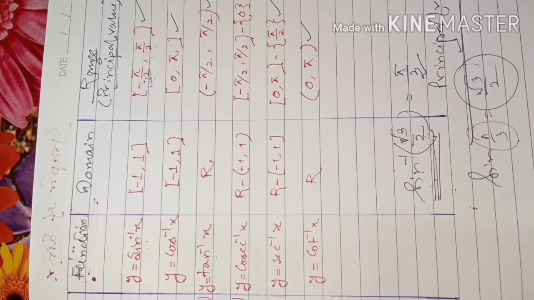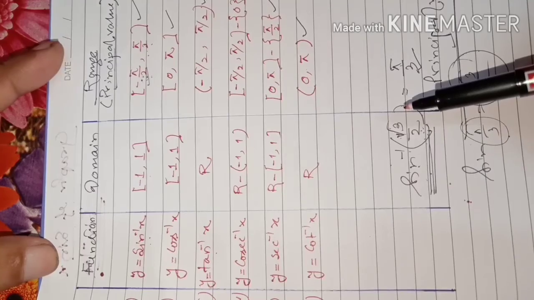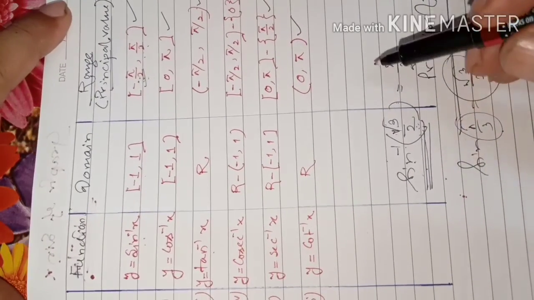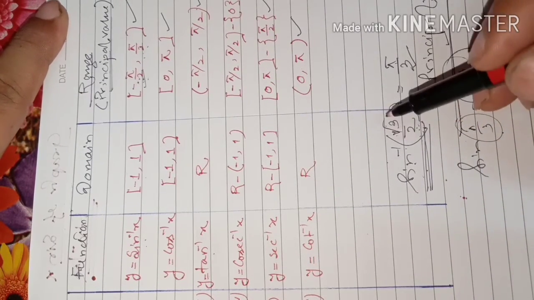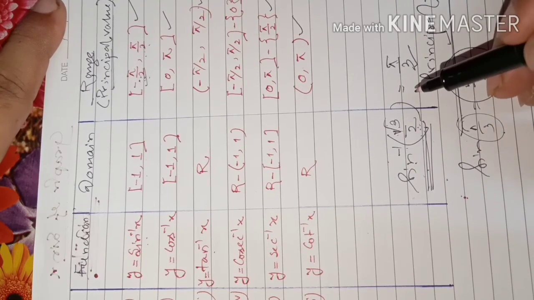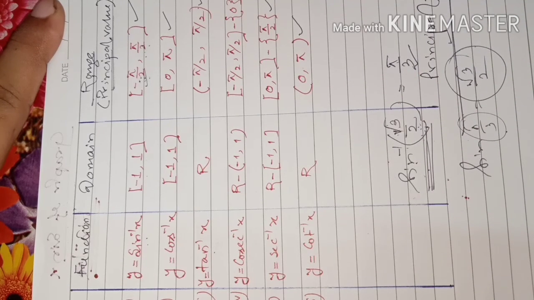Dear students, due to time reasons I am going a little faster, because it is just a revision class for your test. So you practice the graphs by yourself at home. Later on we'll see, if you can't get those graphs by yourself, because it is part of our syllabus. We have to study the graphs of inverse trigonometric functions. Today I have just reminded you for the coming test. Later on, when you get time, go through all the graphs and try to practice by yourself. I'll be helping you, don't worry.